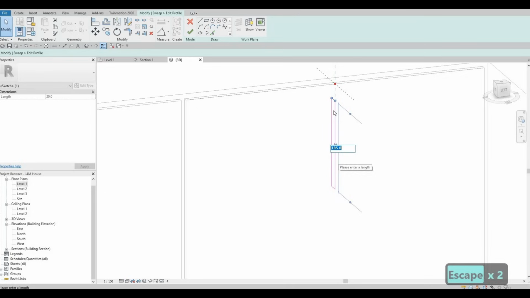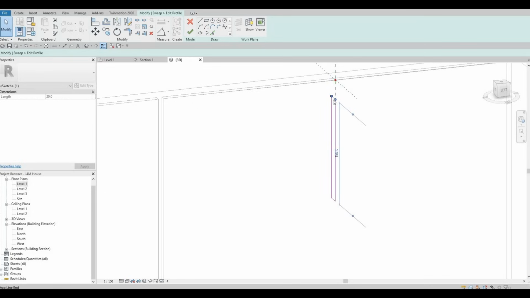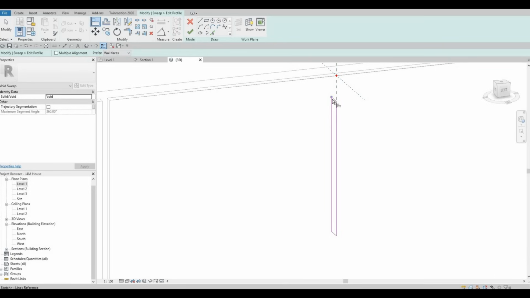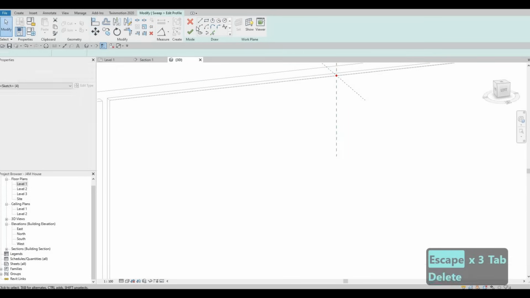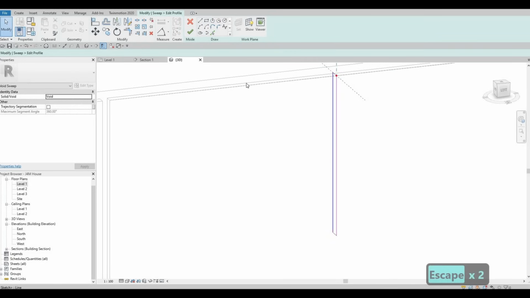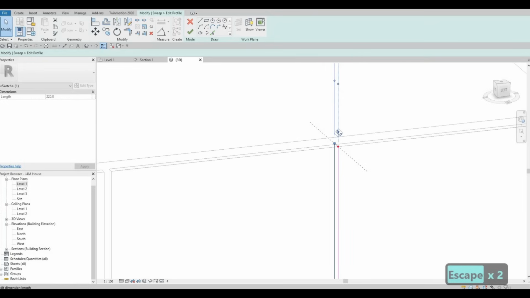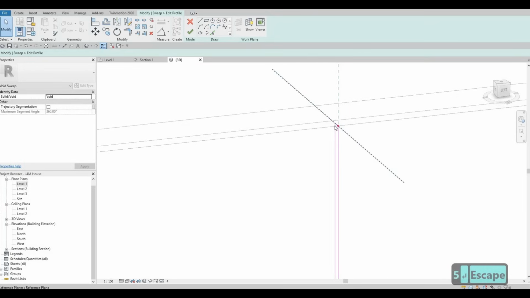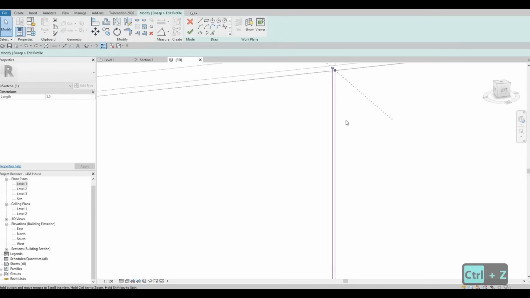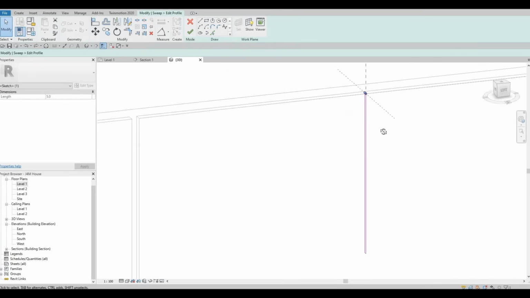For me, I want it to be, so we could start off, let's align it here so that we could know. So we select this. I will need just 5 millimeters, and then from here I want it to be, I want to move it